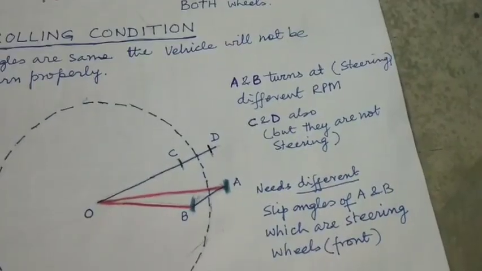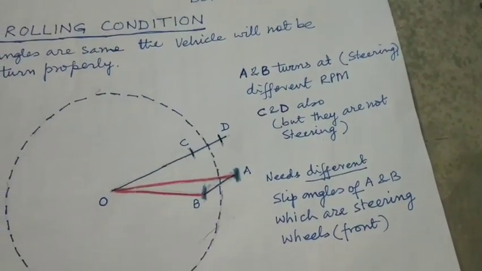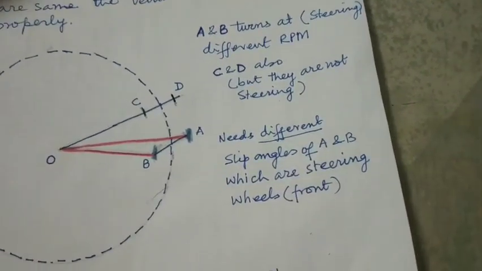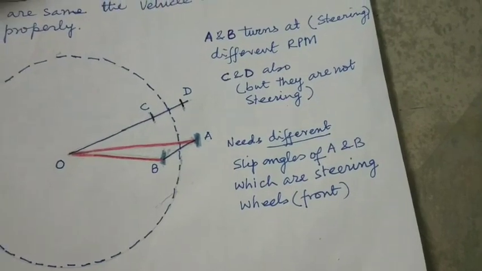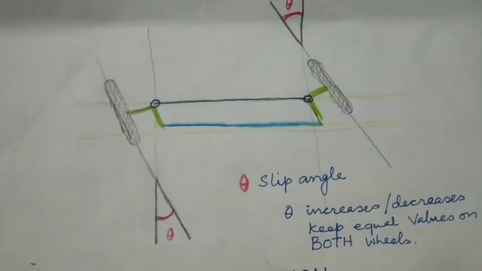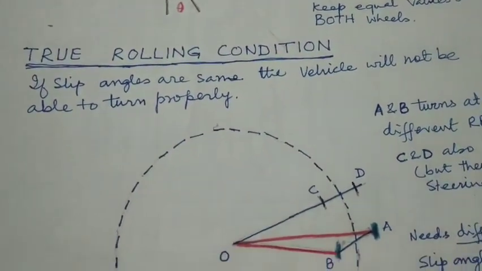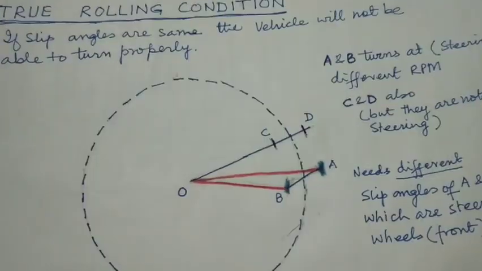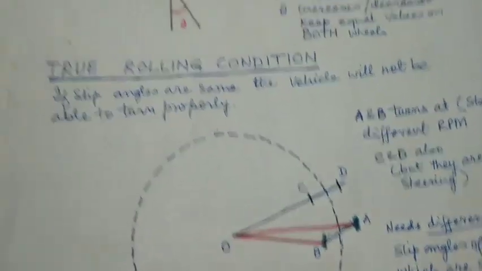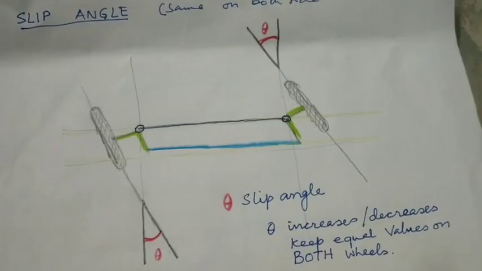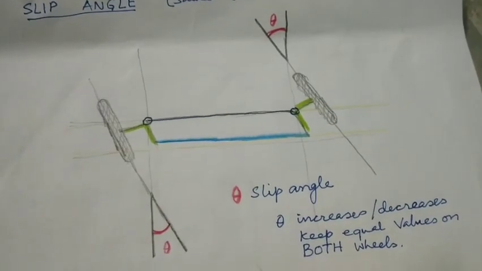But the front wheel is participating in the steering, whereas the rear wheel is not participating in the steering. So slip angles of A and B, which are steering wheels, are shown here. A and B both will have the same slip angle, whereas for proper rolling, A and B should have different slip angles. So the disadvantage of the 4-bar mechanism is that it does not have different slip angles,